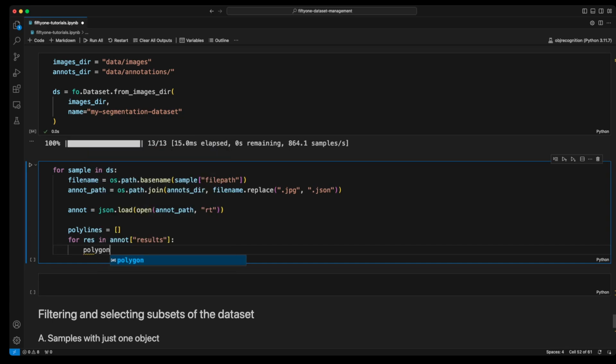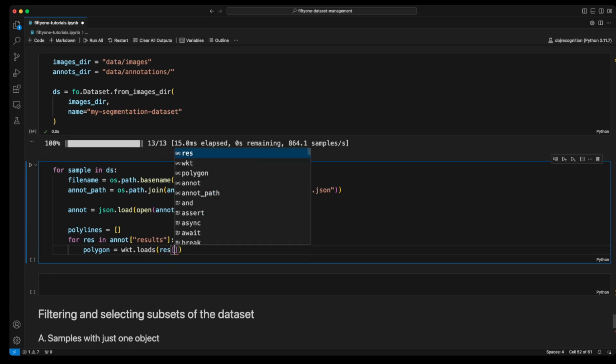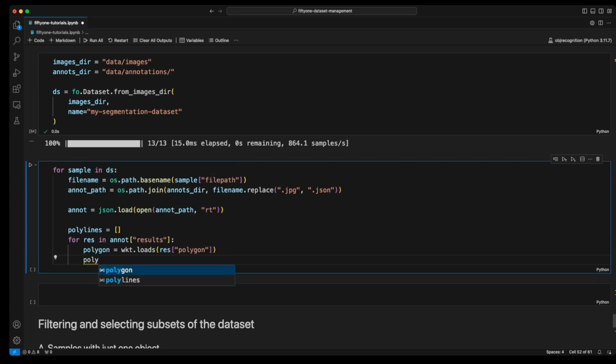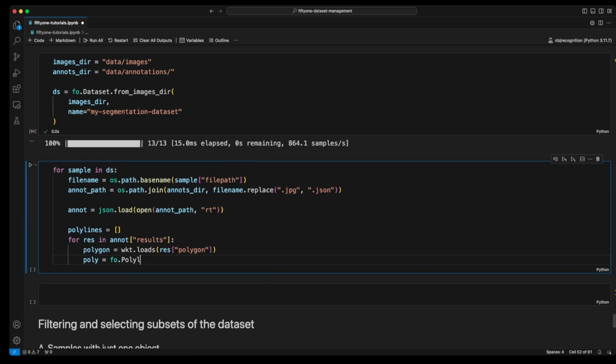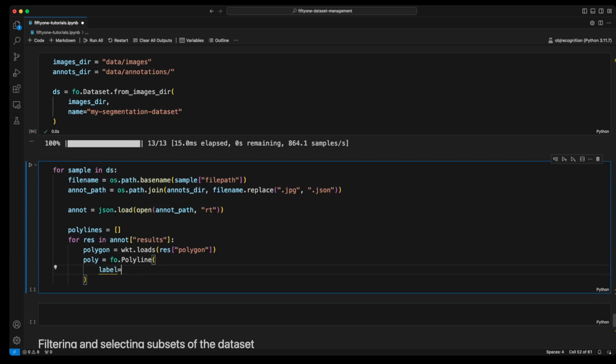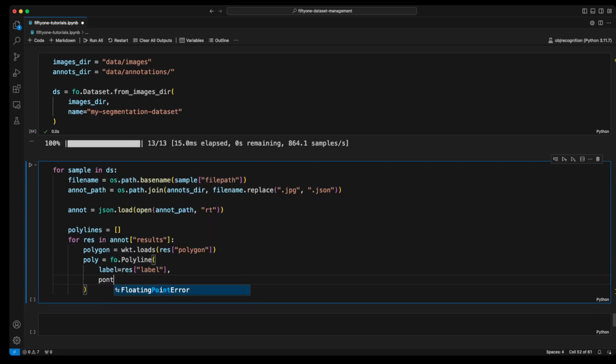So similar to before, we create a polygon using wkt.loads of res polygon, and then we create a polyline. Let's call it just poly equals fo.Polyline. So we need to provide a label for this. So the label comes from res label, comma. Now we need to provide the points,